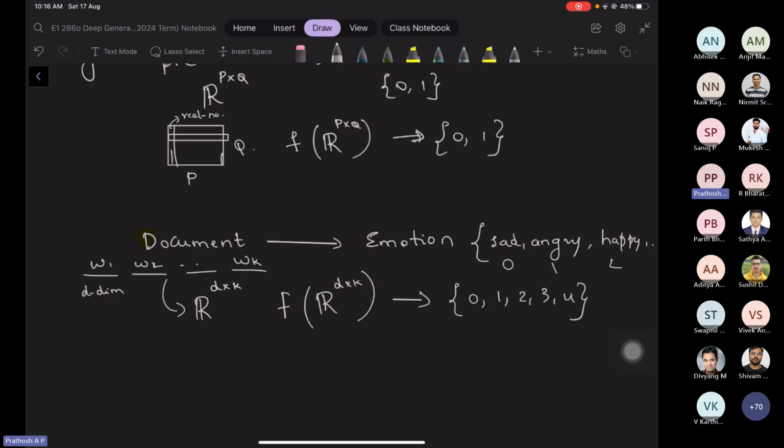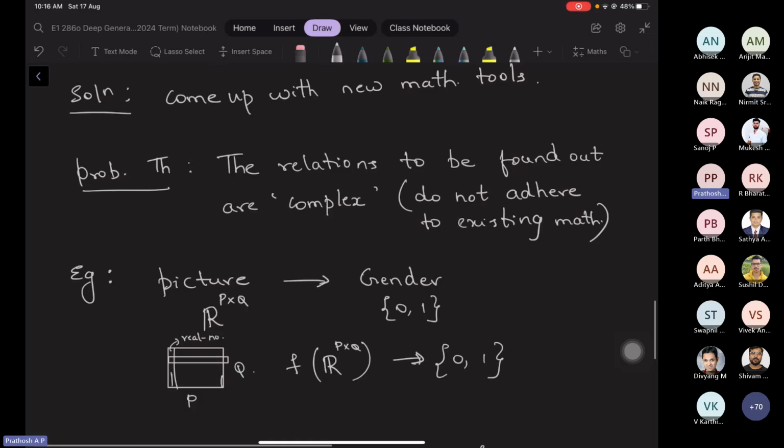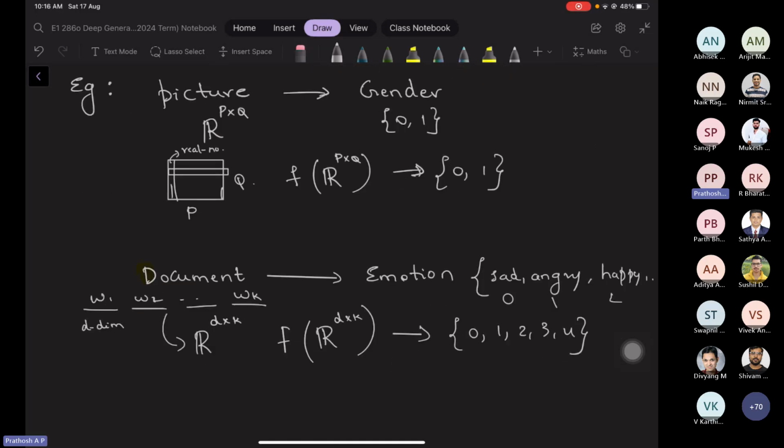Okay, so now the problem is that we are dealing with relationships that are complex. Now, what do I mean by complex? Complex means that they do not adhere to existing maths. I cannot find a linear relationship or a quadratic relationship or a differential equation, or a relationship that can be modeled using a differential equation, that would relate the reflectances that a surface will give to an idea called gender,